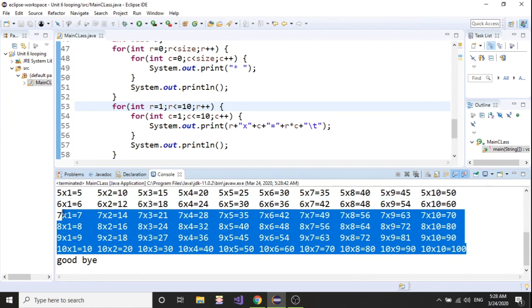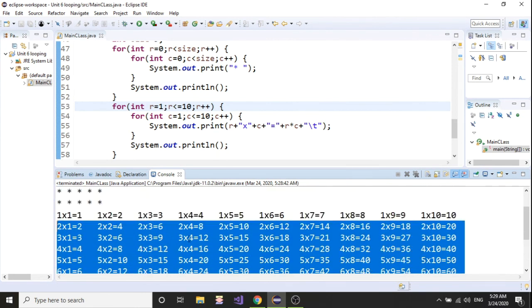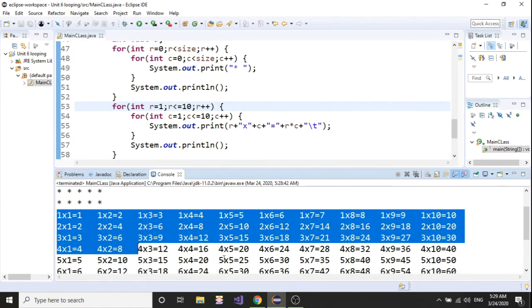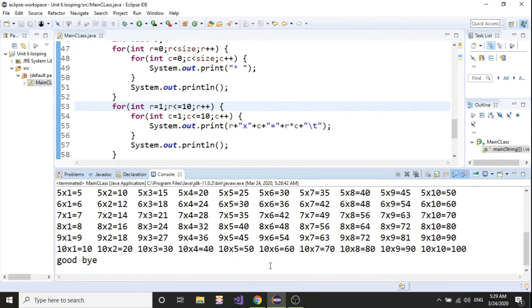This used to be a really, really big nightmare for me when I was in elementary school, to memorize all these numbers. Anyway,